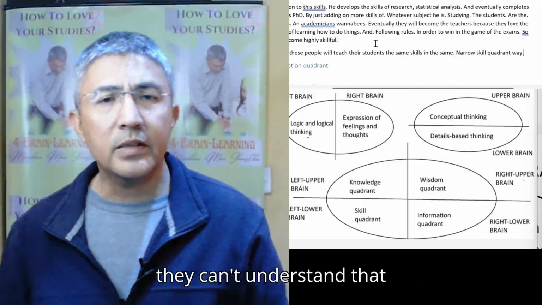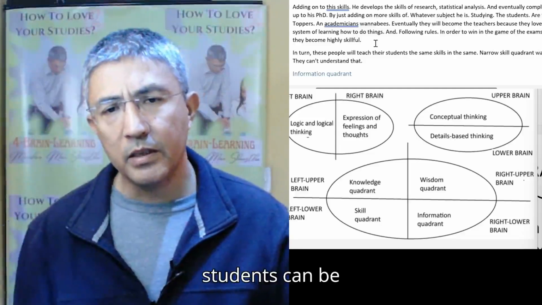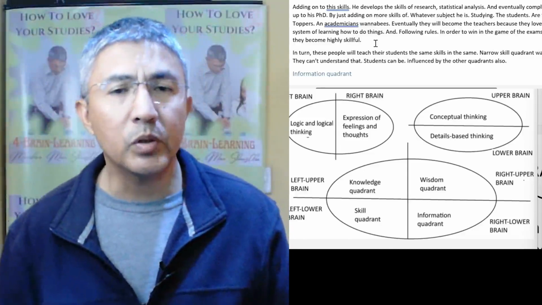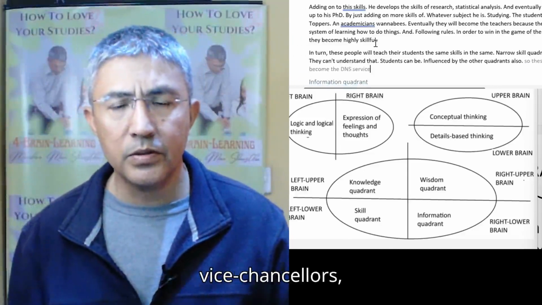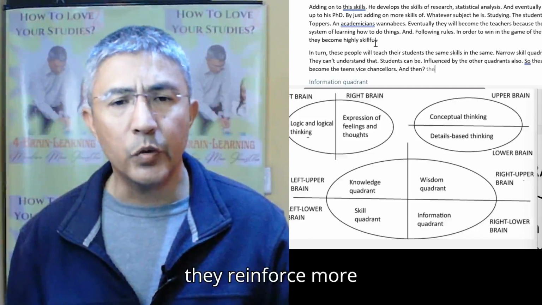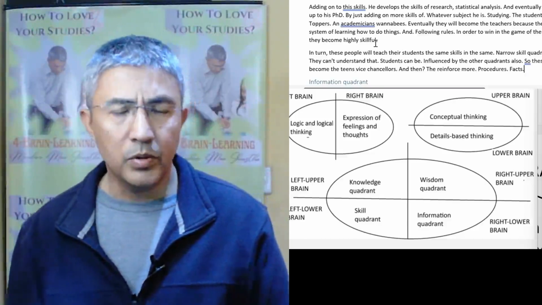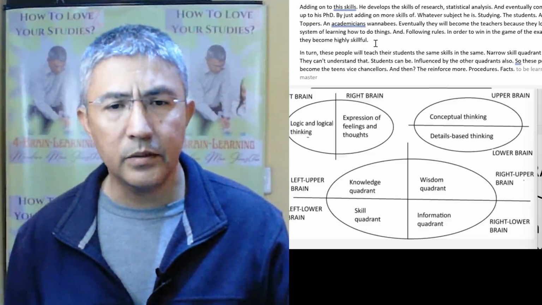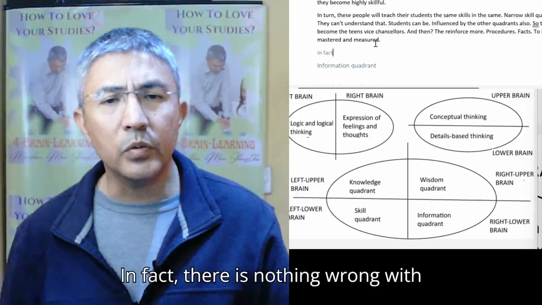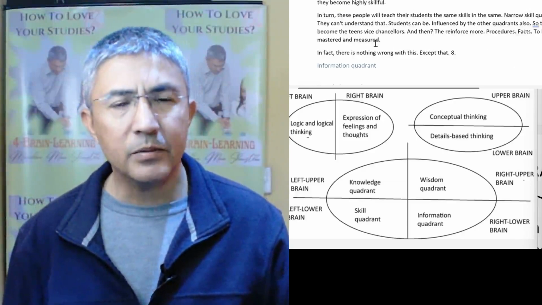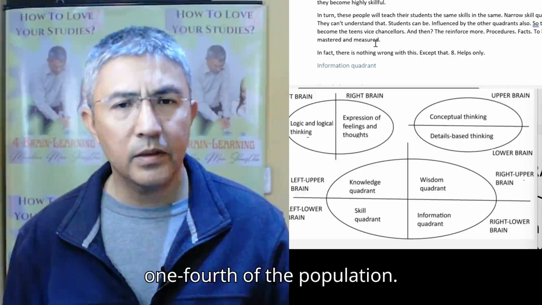They can't understand that students can be influenced by the other quadrants also. So these people become the deans, vice chancellors, and then they reinforce more procedures, facts to be learned, mastered, and measured. In fact, there is nothing wrong with this, except that it helps only one fourth of the